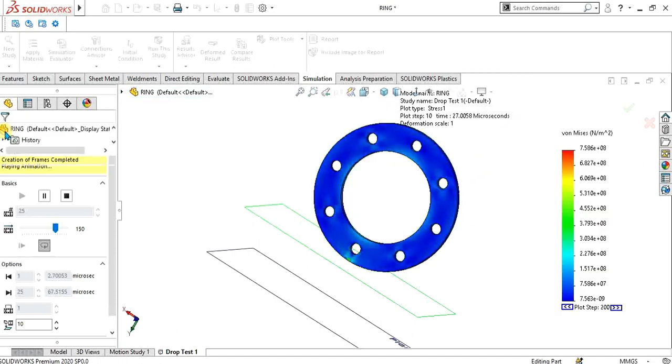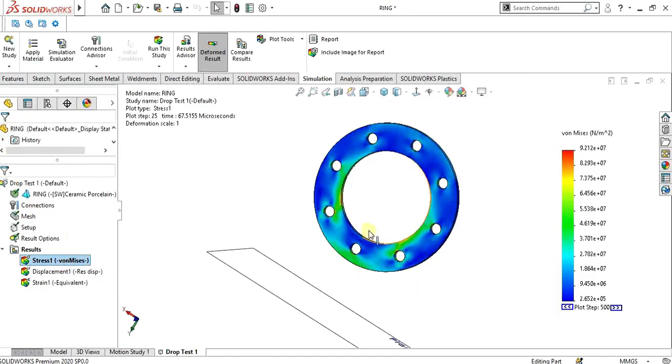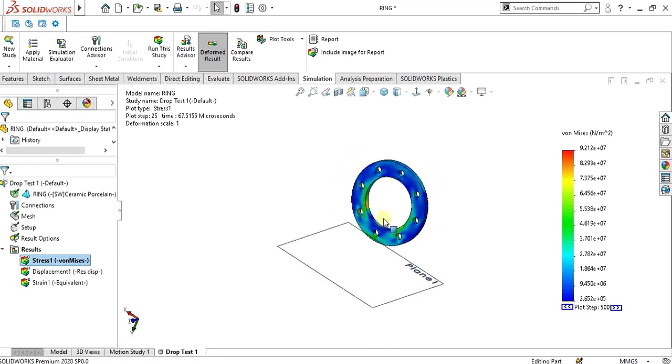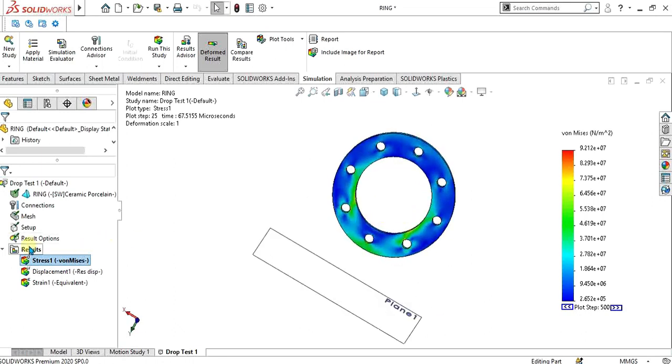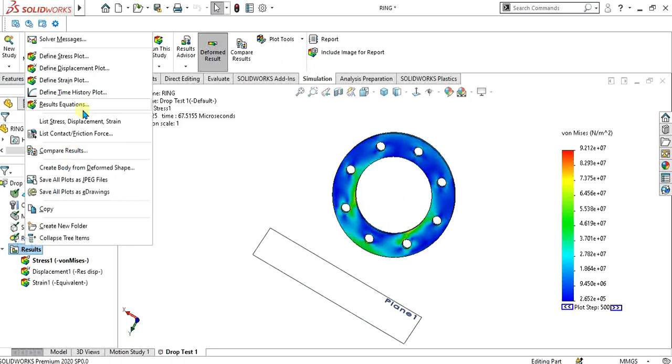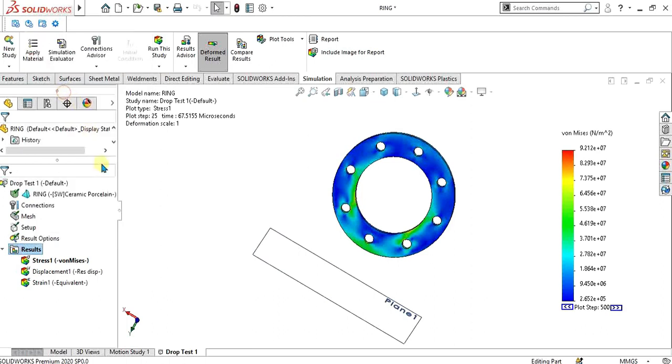So select OK from here, and now what we are going to do is see the results using sensors. Right click on results and select define time history plot from here.